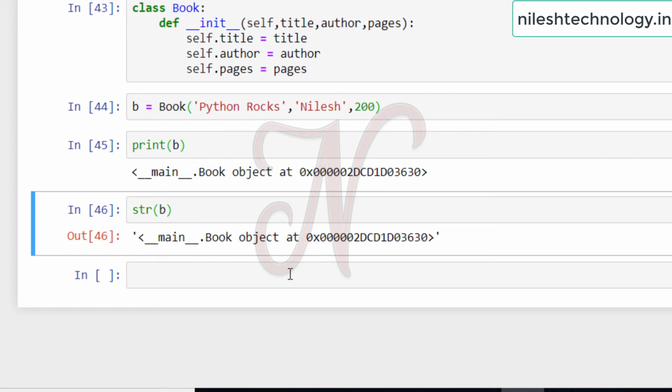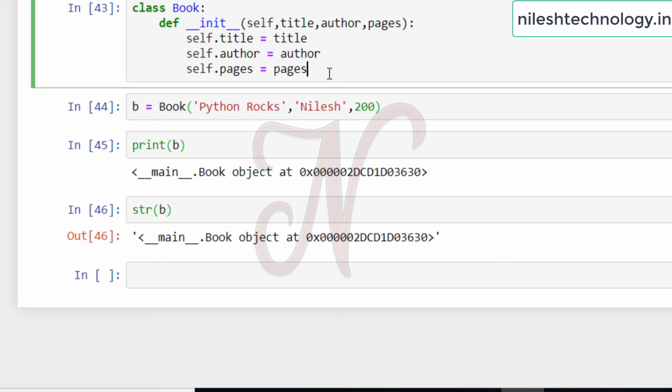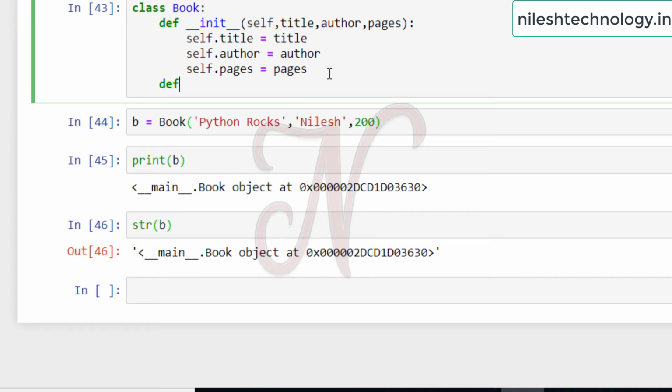So add one function in this class. My function is __str__, with parameter self. If there is ever any function that asks for the string representation of your Book class, then it's going to return whatever this method defines. So this is the magic method.